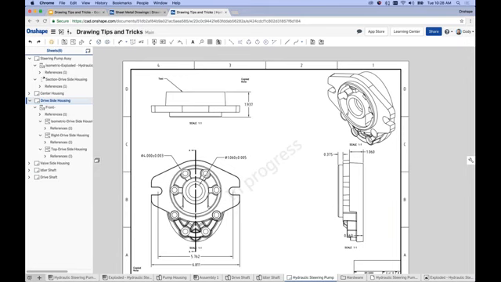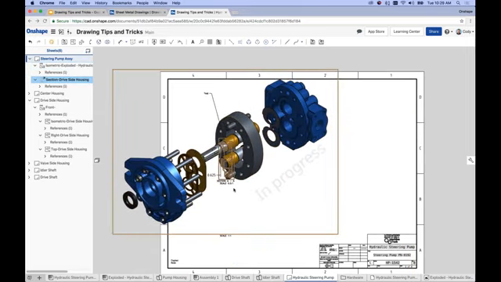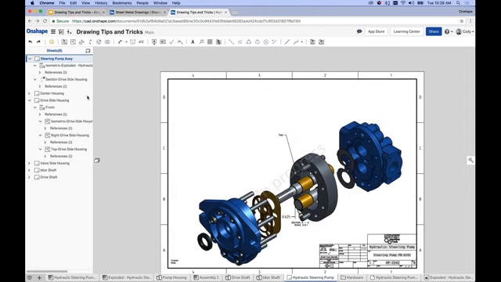Okay, so good question. Can we move to with something dependent, like a detail view or a section view? Let's try this one more time. Yes. So the short answer is yes, you can move them, even though they have dependencies. In this case, I moved that section view. One thing to keep in mind is this may lead to a situation, and this is deliberate, of course, where